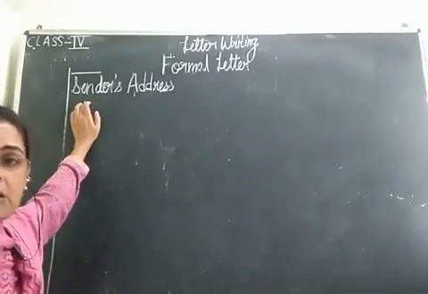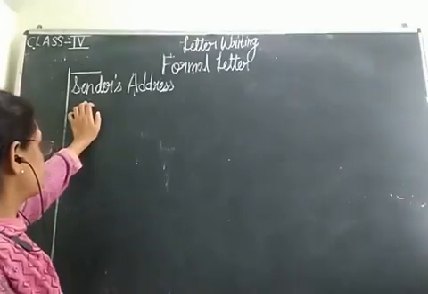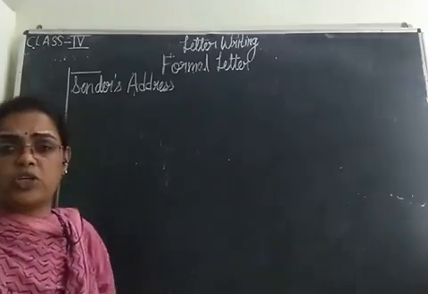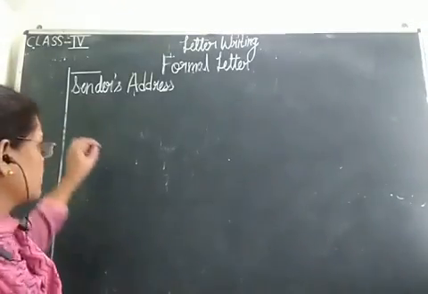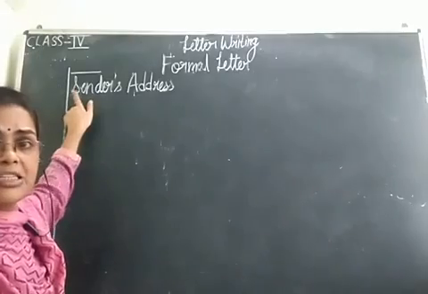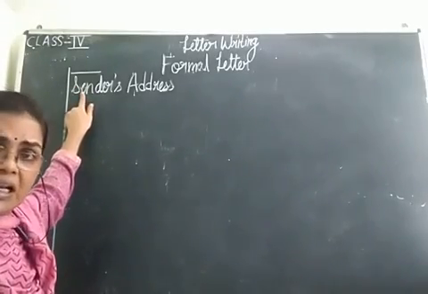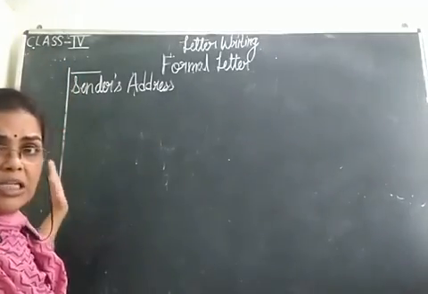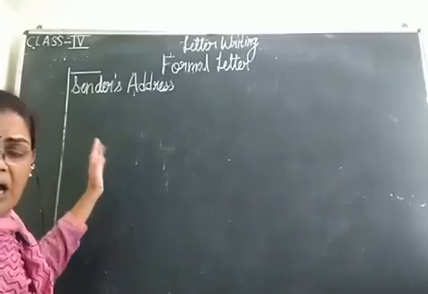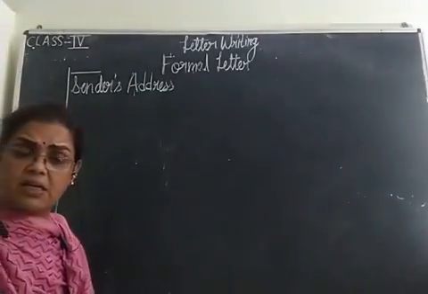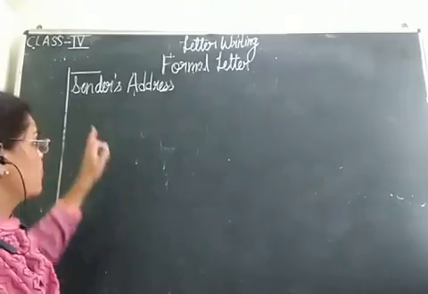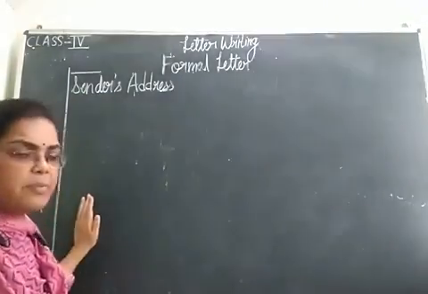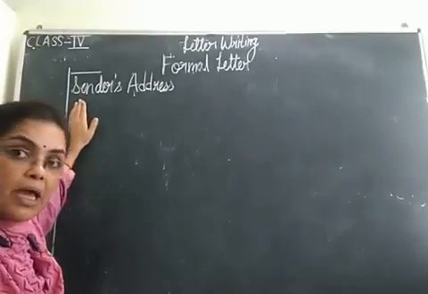And the most important thing you need to keep in mind is that this is your margin line, and your letters should not touch it. You just need to leave approximately about half centimeter space between the line and the letter. And your letters should come one below the other, not in the zigzag form. Otherwise that gives a very shabby look. So please ensure that all your letters come one below the other. Keep this in mind.